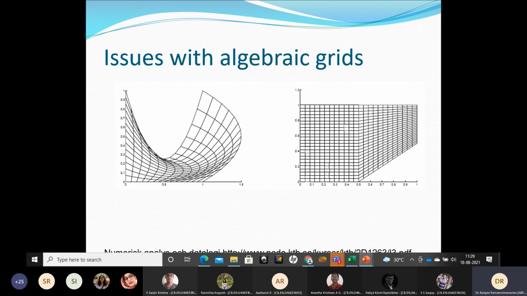A good grid will look like this: both these curves are almost orthogonal to each other at every point. Then your numerical error generation will be minimized. On the top also there is skewness. I think here they are probably even crossing over. So this is a problem he's talking about. So don't use it for complex geometries like this, or if you use it, you can break it down into smaller geometries and then join them intelligently.